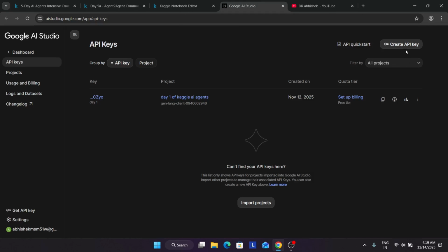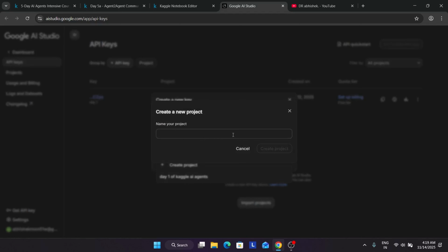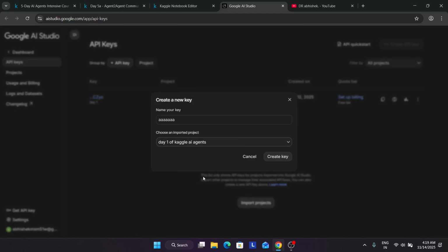This page will open, and if you have not created any API key, you have to click on create API key. You can name your key anything. Click on create project if you are creating for the first time. As I have already hit the limit, I won't be able to create it. So you have to click on create project, and then you'll get the create key option. So you can create the key directly.